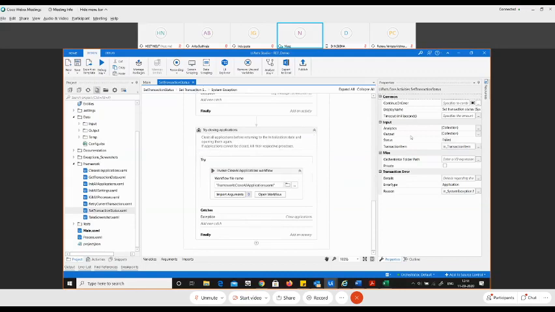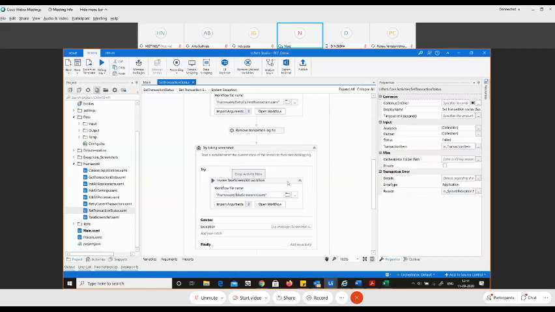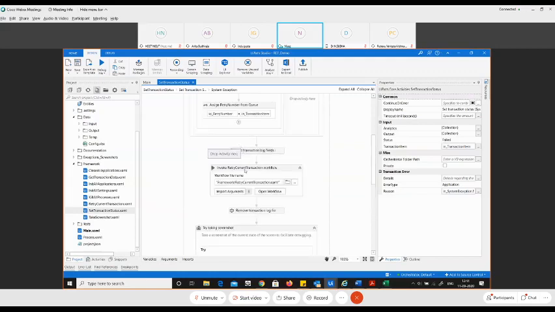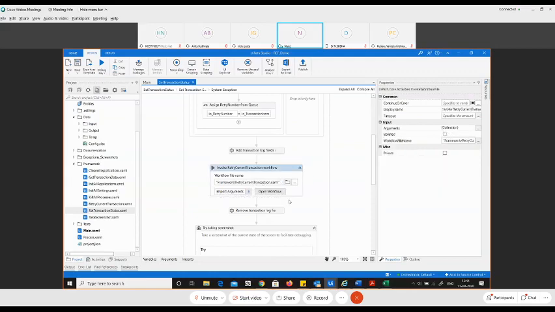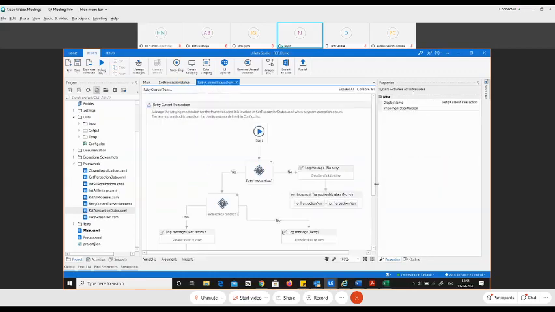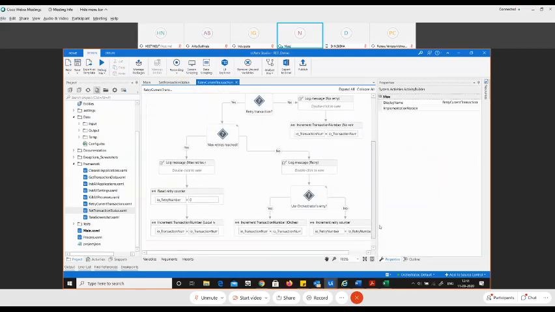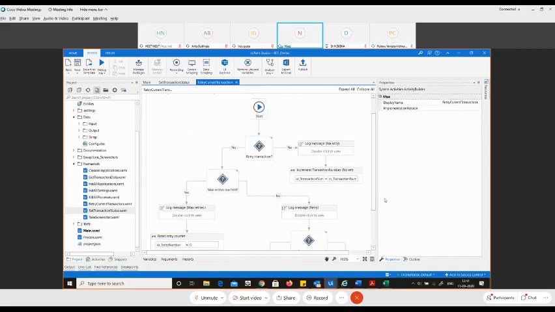So this was all about the set transaction. Now let me talk about the retry current transaction item. Let me open this workflow for you. Now look at this workflow, a very beautiful workflow. So basically it manages the retrying mechanism for the framework. It involves the set transaction, it involves the maximum retry number, so everything has to be perfectly set over here.